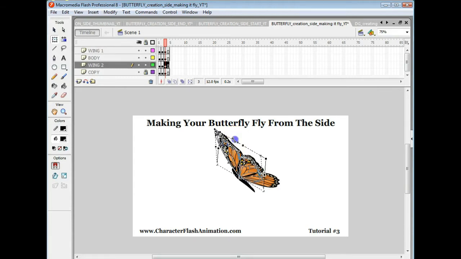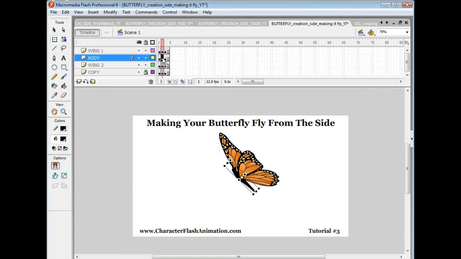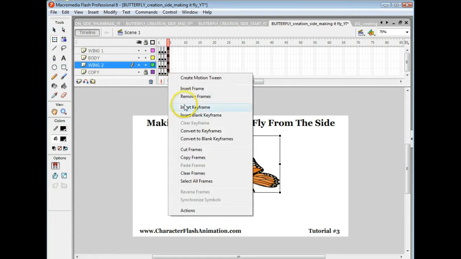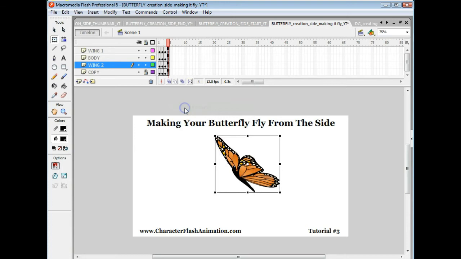Click this one. You're going to do the same thing. You're going to skew it forward, and you're going to pull it down. Grab the middle one, pull it down. Okay? Now you should have 3. 1, 2, 3. Okay? Now you're going to move over to the 4th frame, and you're going to insert keyframe